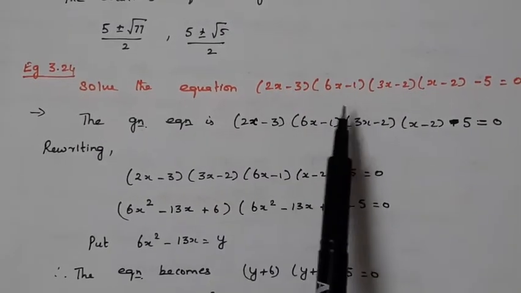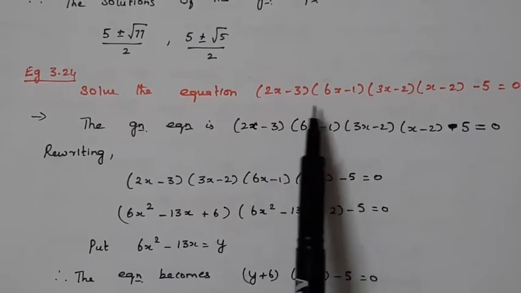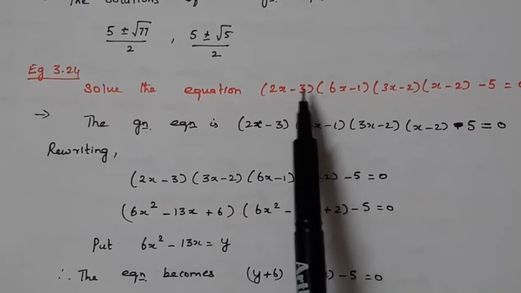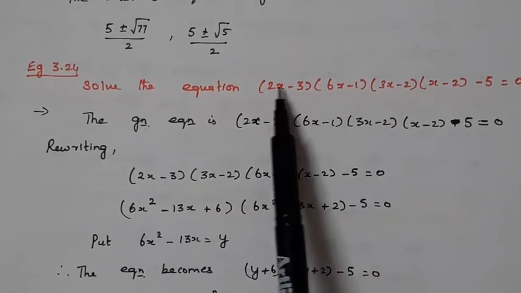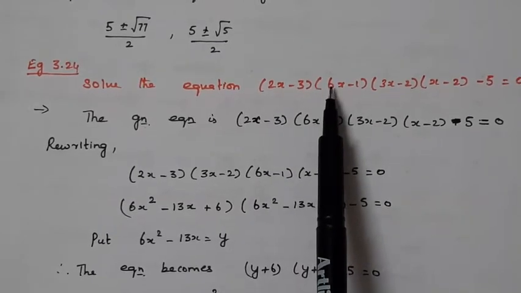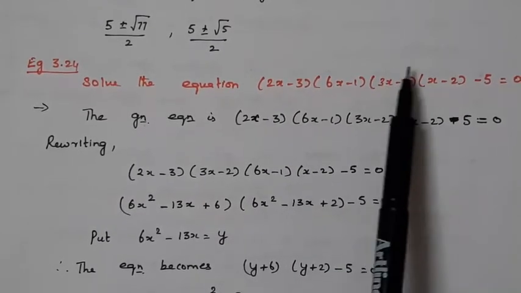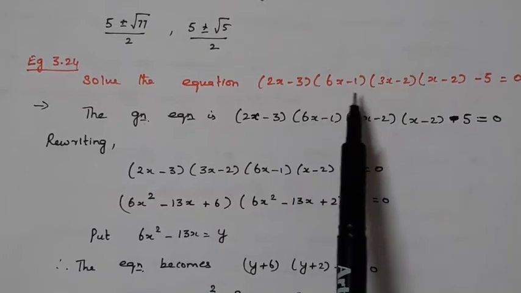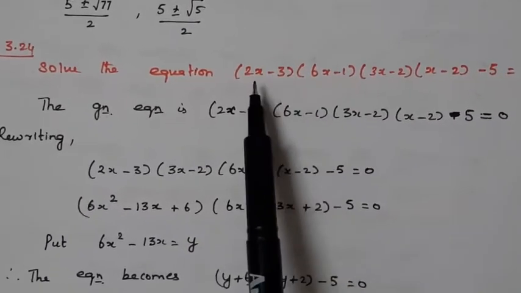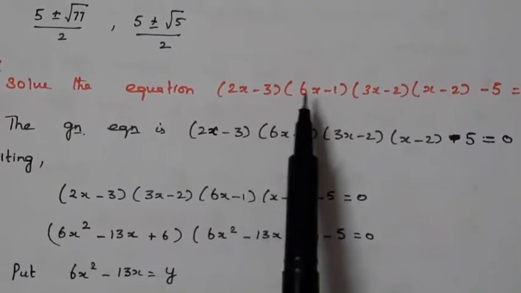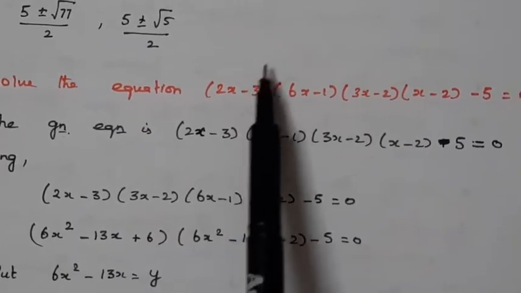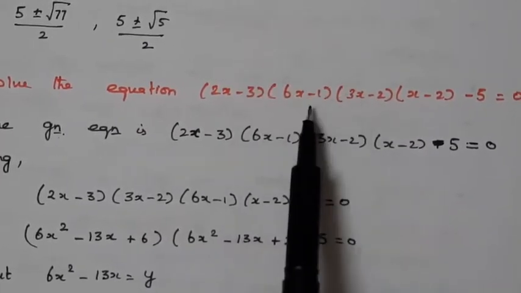Now, let us check in which case we will get the coefficient of x squared and coefficient of x to be the same, okay. Now, if you take the first two, 2x minus 3 into 6x minus 1, the coefficient of x squared will be 12x squared. But if you take this one, it would be 3x squared. So, the coefficient of x squared differs. So, no need to check about x, as the coefficient of x squared differs, we can leave this, okay.